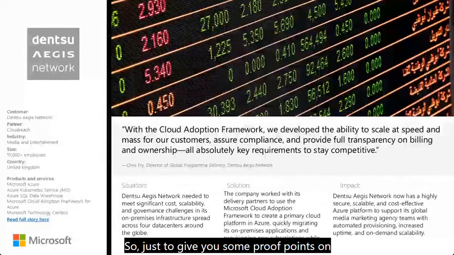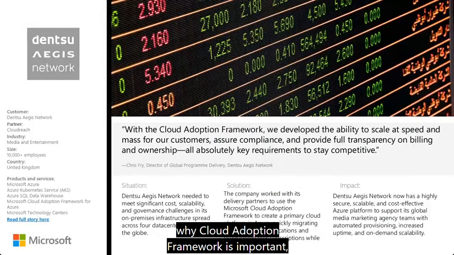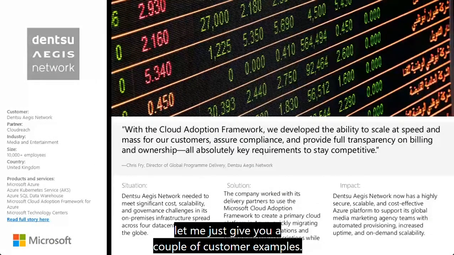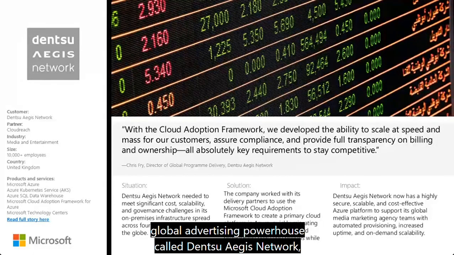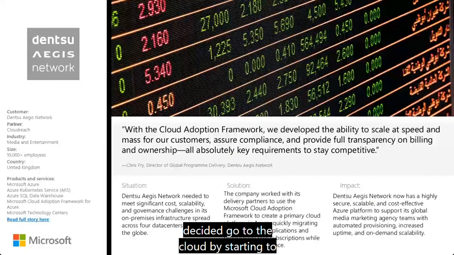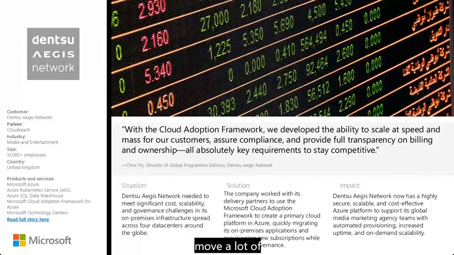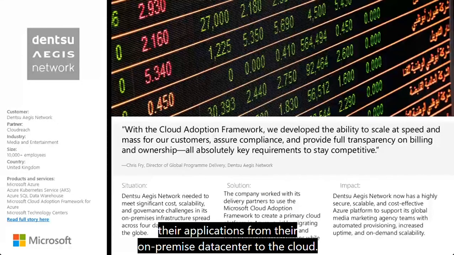So just to give you some proof points on why Cloud Adoption Framework is important, let me give you a couple of customer examples. One organization, a global advertising powerhouse called Dentsu Aegis Network, decided to go to the cloud by starting to move a lot of their applications from their on-premise data center to the cloud.